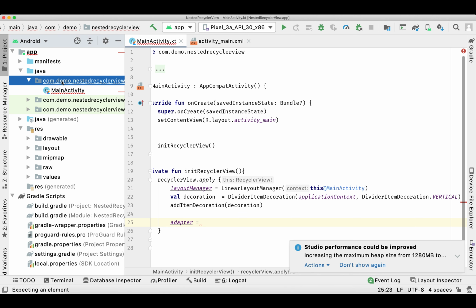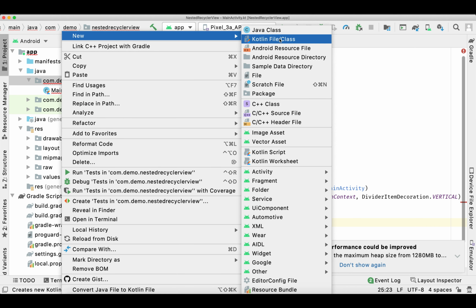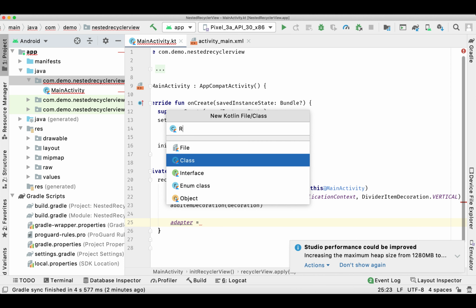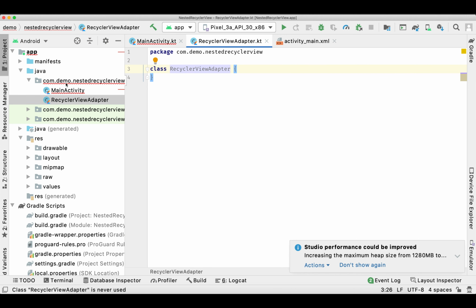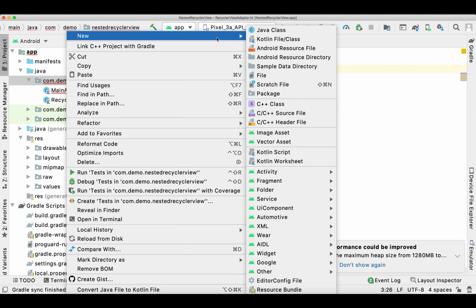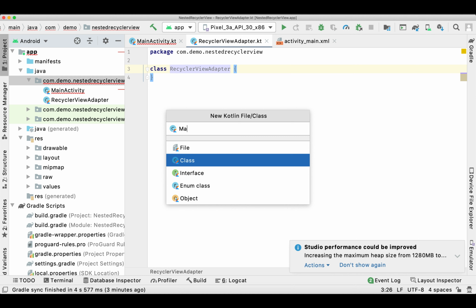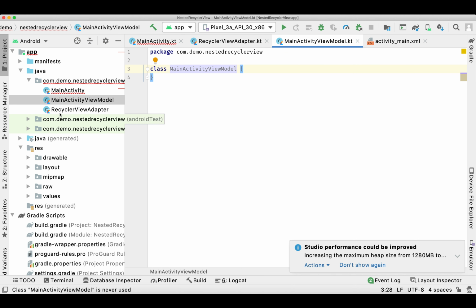And we don't have an adapter, so let's create a separate class for our adapter. Also, we need another class for our view model. So I'm creating another view model as well.